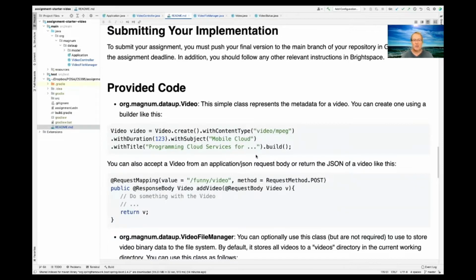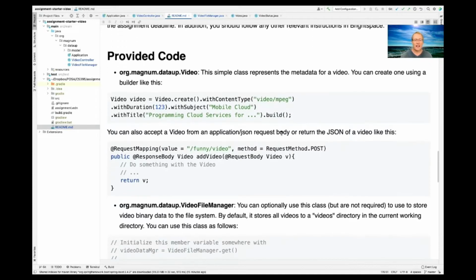We'll take a look at some of this stuff. And this is actually similar to what you would see if you took a look at the test program. You can create a video and give it its metadata content, its duration, its subject, its title, and so on. You can use a builder in order to do that. We'll take a look at how that works in a second. You can also accept a video from an application request and then do some processing on it. So you can see here that we're going to